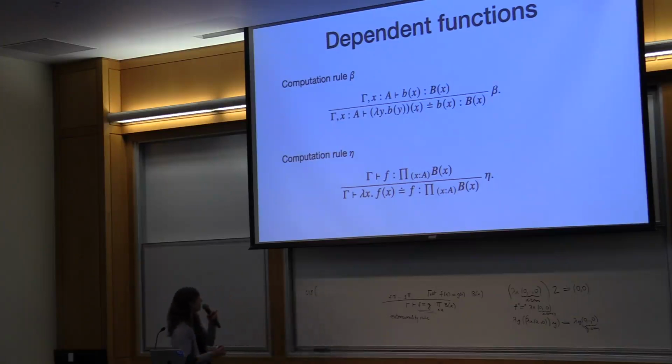Now I'm introducing a new symbol called EV, right, for the evaluate. Okay, what am I evaluating? I'm evaluating lambda y, b of y, and this guy here is again just the dependency, see? And then I'm evaluating it on x, and this has to be judgmentally equal to